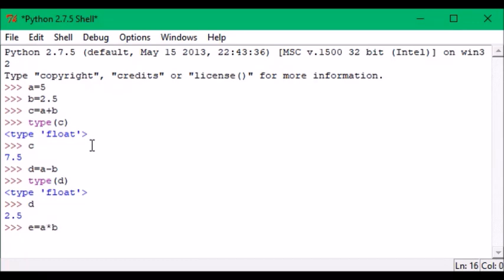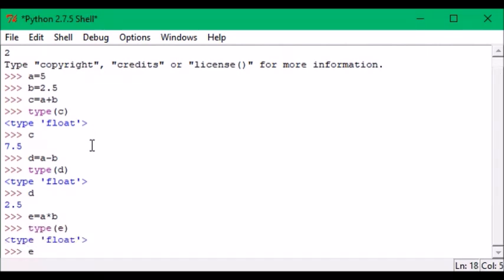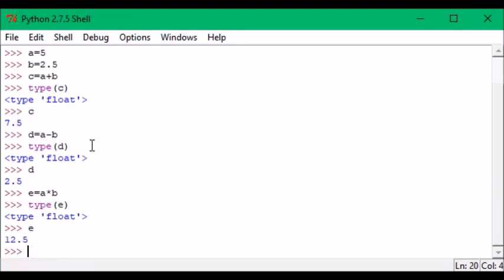Likewise, if you go for multiplication, just type e is equal to a star b. And if you want to find the type of e, just type type of e and get the value float. Again, if you want to find the value of e, you can just type e and hit enter, and you will get 12.5, which is nothing but 5 into 2.5.